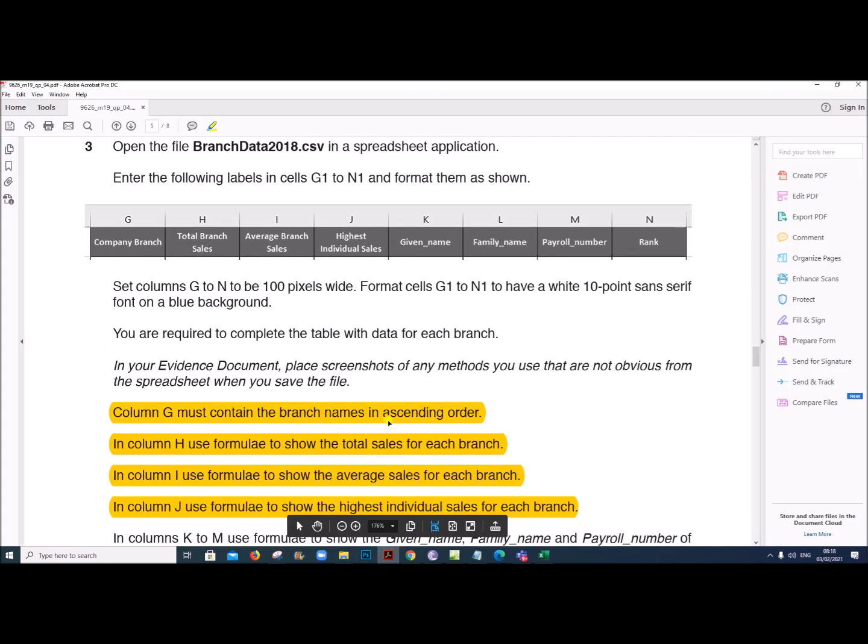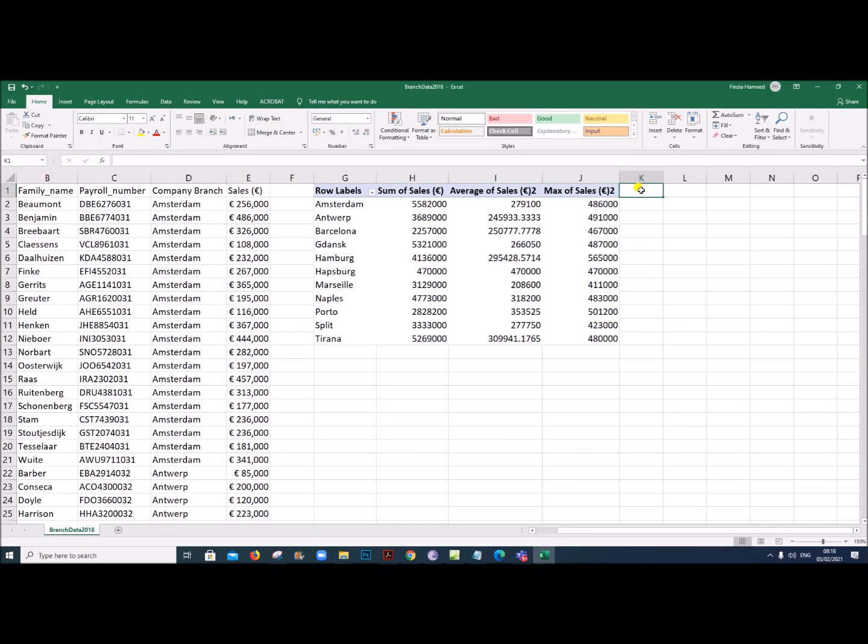Now, according to the question, we have to insert given name, family name, payroll number, and rank.